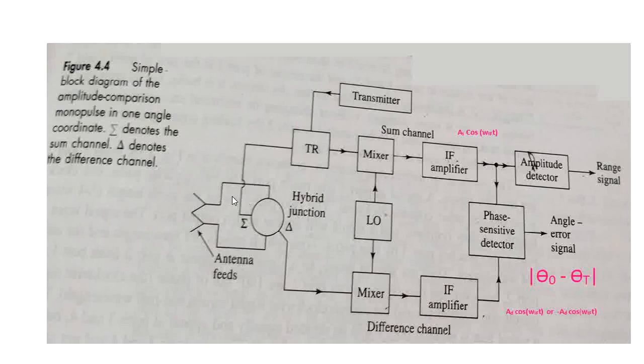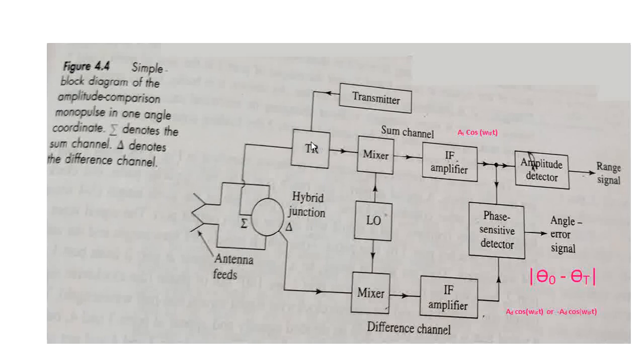Here the first block we call the transmitter part. The transmitter part is going to generate the beam to the moving target. The TR will act as a duplexer, where it transmits the signal to the antenna during transmission, and also acts as a receiving part whenever it receives the echo signal from the moving target.